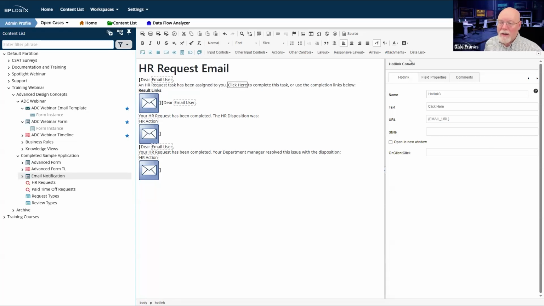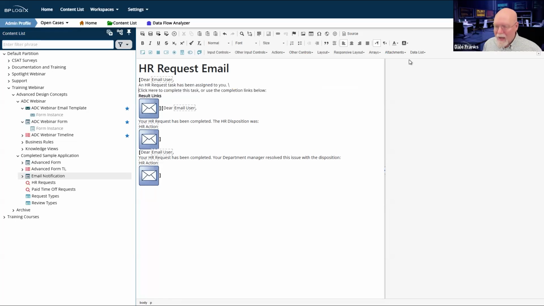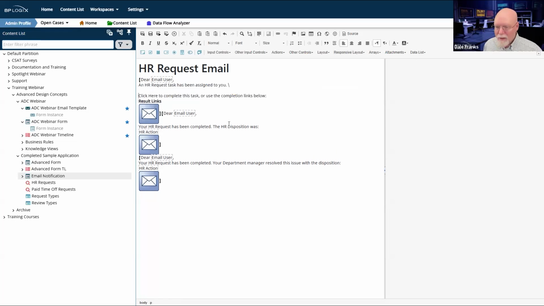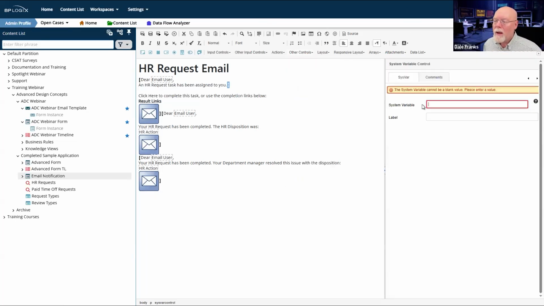So great, I can add my task instructions, which is what I should have done initially, but didn't. So I can throw on a system variable control and throw in my task instructions here.